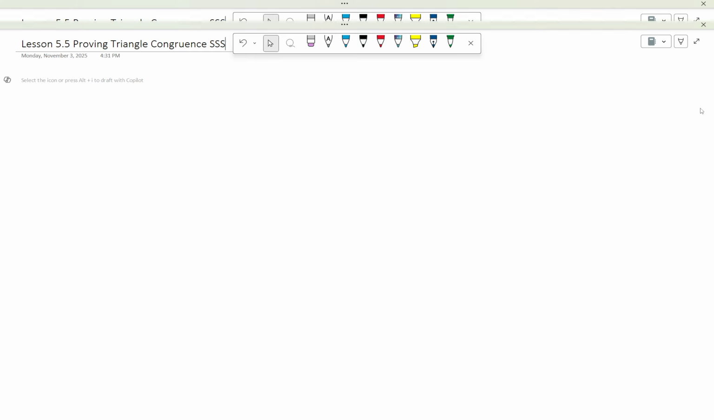Greetings, Saints. Today we're going to get started with lesson 5.5, triangle congruence through side, side, side, or SSS. So far, we have had only one method for proving congruent triangles, which was through side, angle, side, or SAS. We did a construction in class, so make sure that you have a compass for the next class,